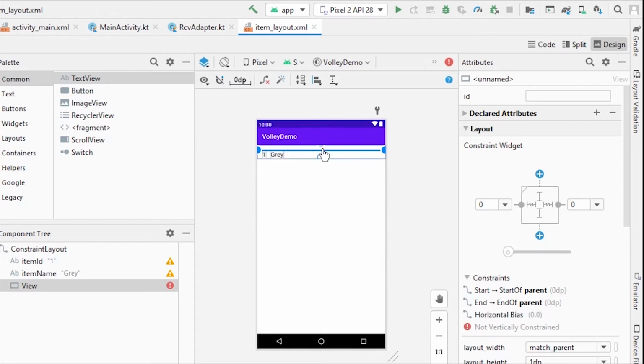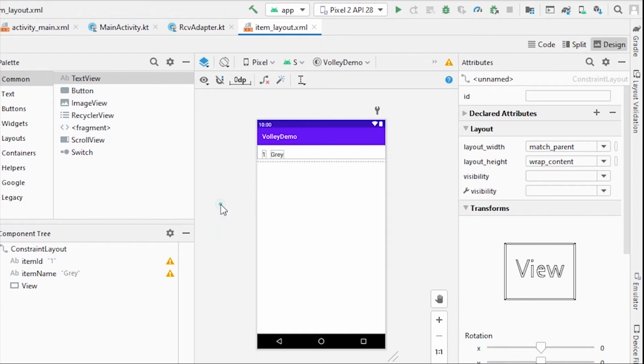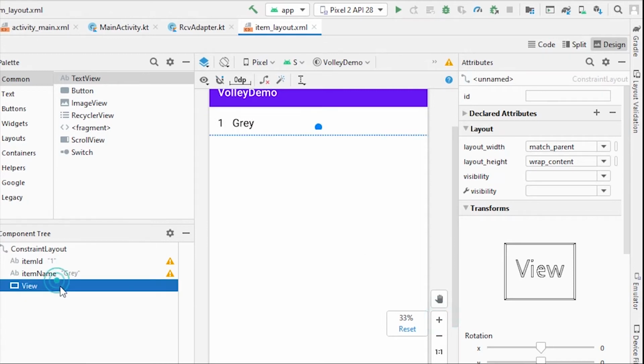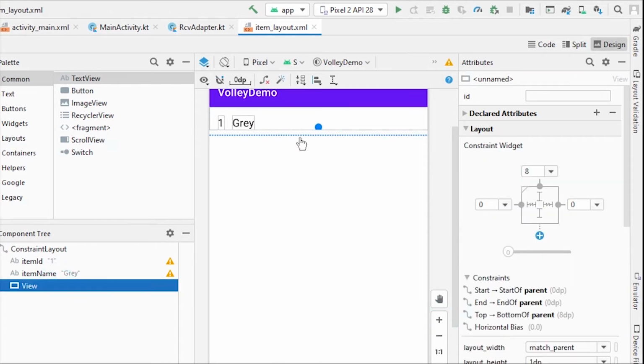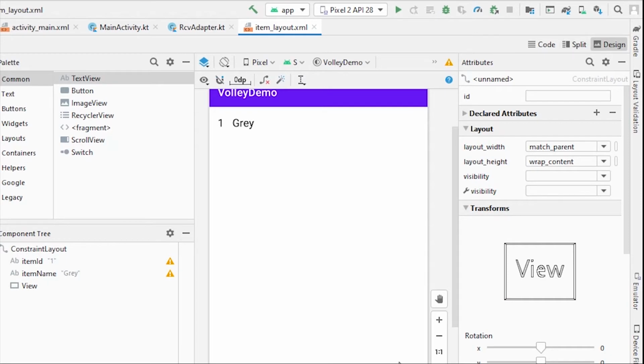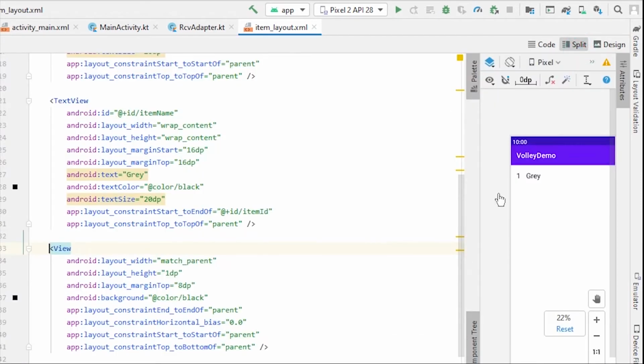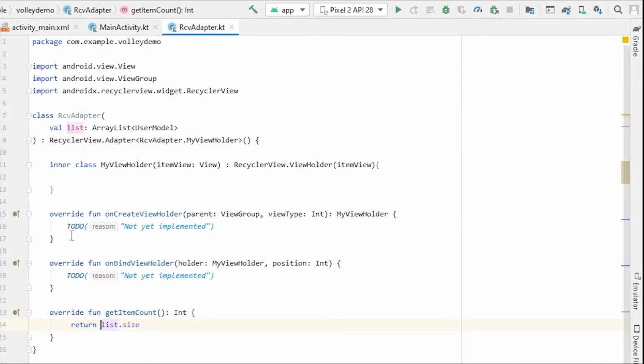Okay, it's a bit tricky, so constraint top to bottom of this gray text view, and give margin top as 8 dp. So I don't know if you can see this little line or not. Let me just zoom in. So the line will appear below this gray text view right here. So that's it. Now let me just close this layout file, and here in the RCV adapter we need to